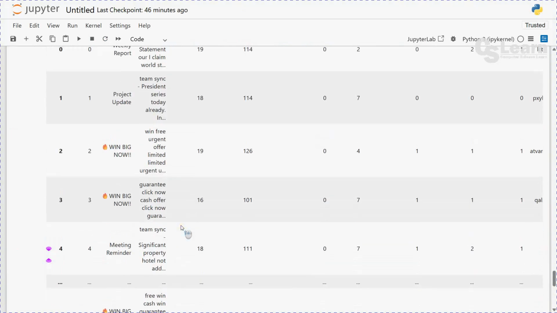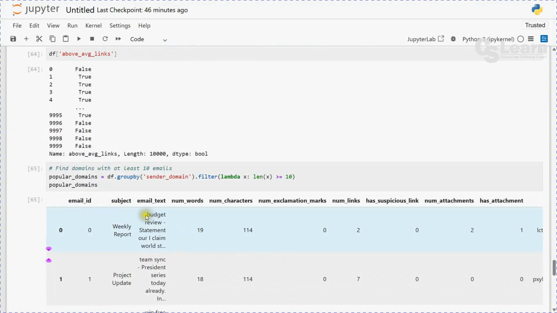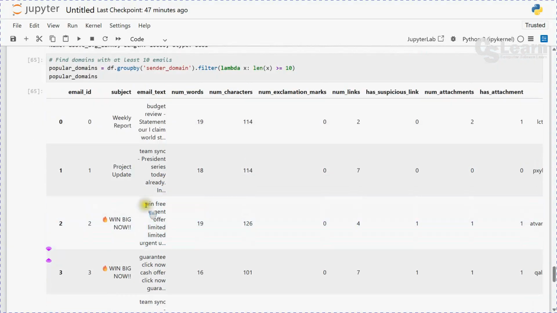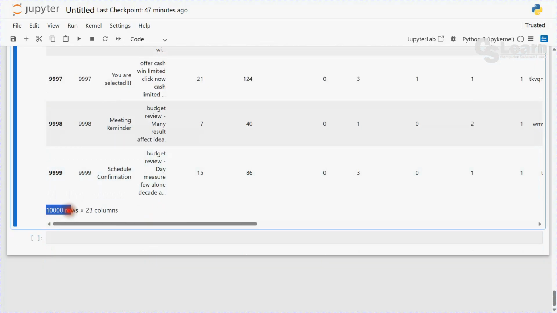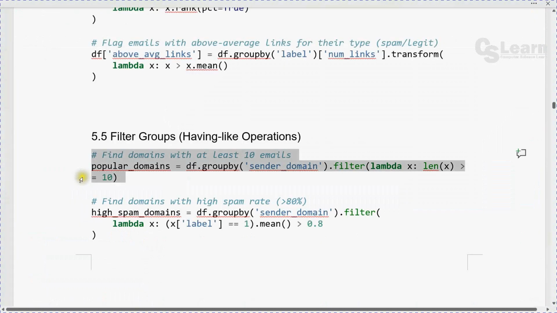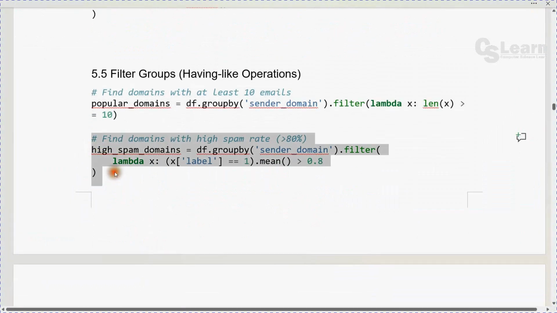So these are all the popular domains, which means that if you receive more than 10 emails from a particular email domain, it is considered a popular domain. So all of your emails are received from popular domains. And the next one,